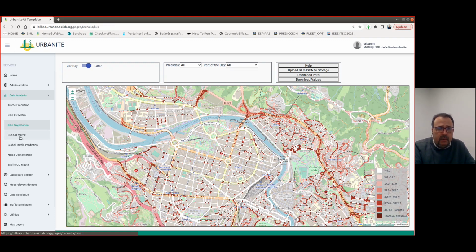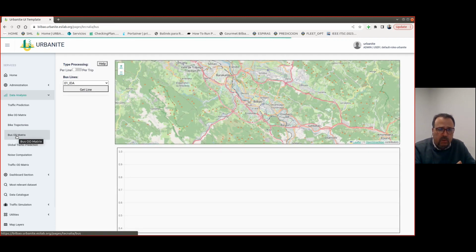The next model is not related to bikes anymore, to the bike rental service. This one is related to the bus service in Bilbao. What it does is compute the origin-destination matrix for the bus service. More specifically, what it tries to solve is where